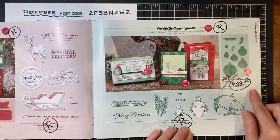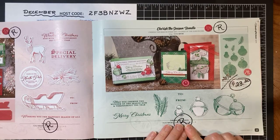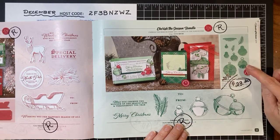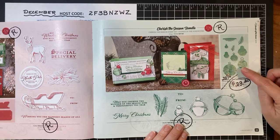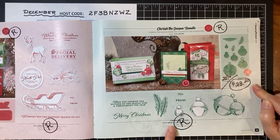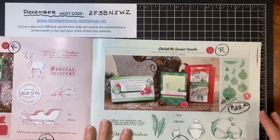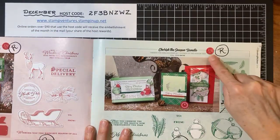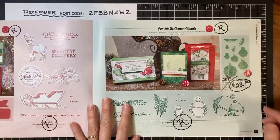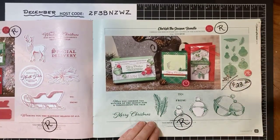Cherish the Season. I've had a chance to use this a few times this year. The stamp set is retiring, and the Sounds of the Season dies will be 20% off next week, so $23.20. And now I think I did the math on this. 23.20 plus 24 is 47.20, and the bundle is 47.50. Okay, so it is just by 30 cents better to buy them separately next week when the dies go on